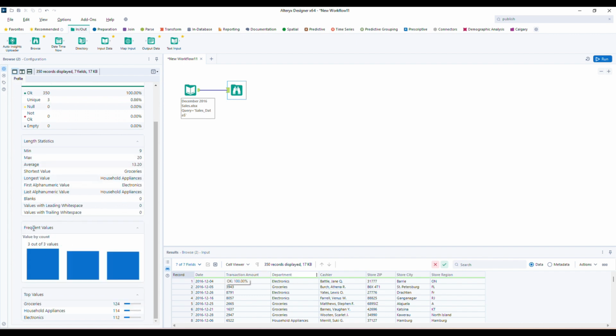So like this you can get the data profile on the left side in the configuration window. And not only that, by using this, all the records you are going to see. For example, if you have 1 million records, all those 1 million records get displayed in this result set window by using this Browse tool. Ideally it is not possible with other tools, only with the Browse tool you can do this.